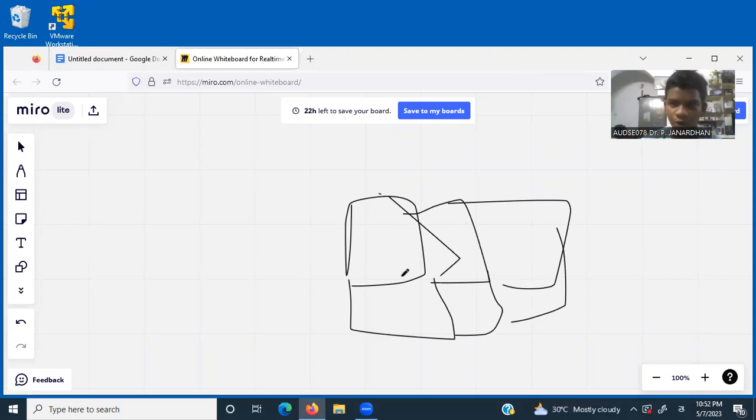Let's say this is the output of the CNN, and if this image is a lot bigger, let's say the output of the CNN is a very large image, what you want to do is, number one, reduce the dimensionality of this image, and number two, you want to increase